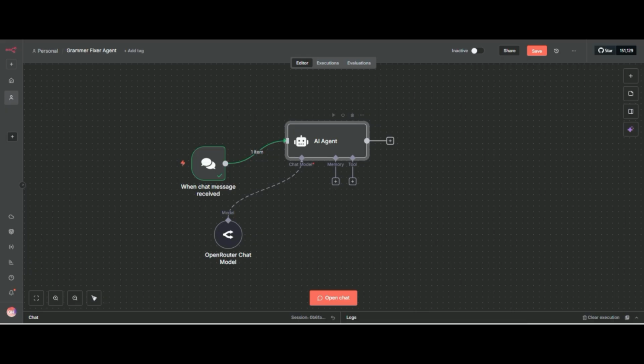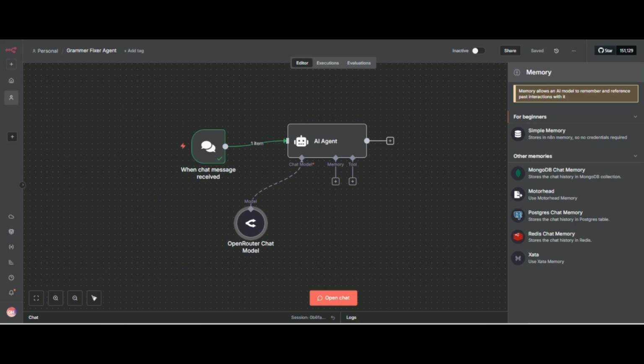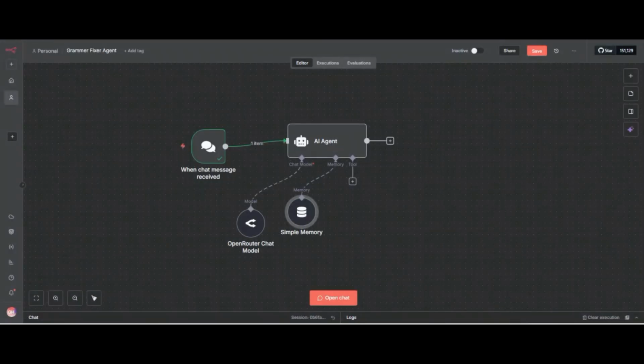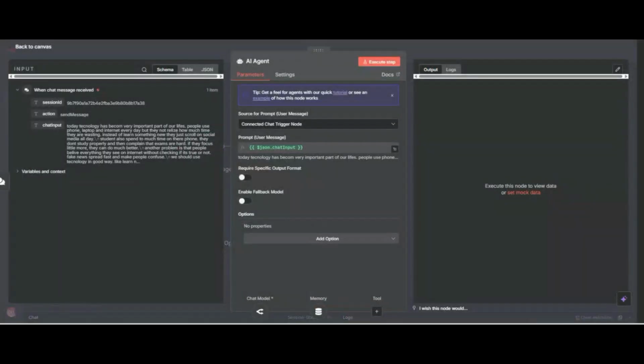So now we will add memory. Today we will add only simple memory, because we are going step by step. We have added our memory. Now we have to give the system prompt, or we have to tell the AI agent who it is and what work it does.